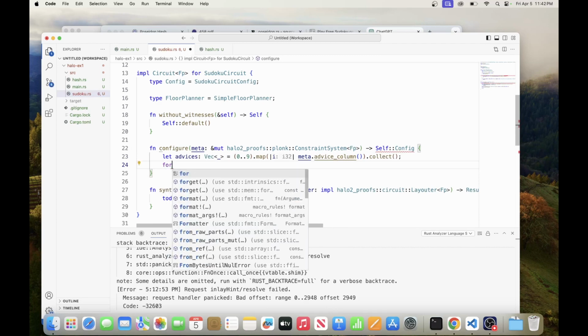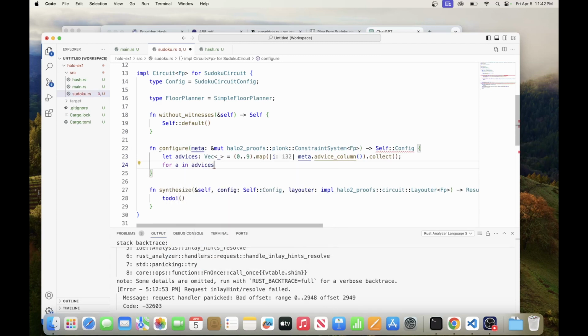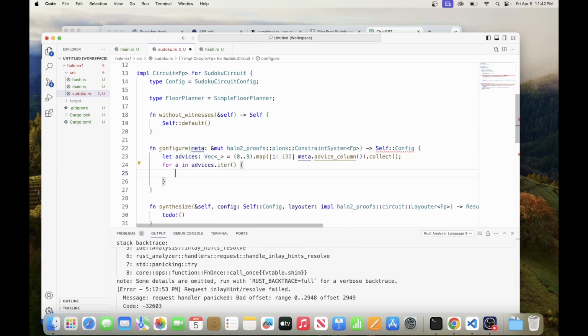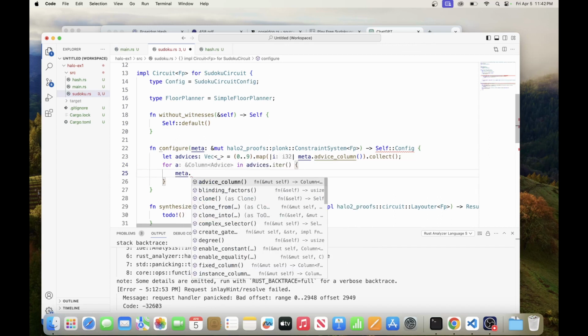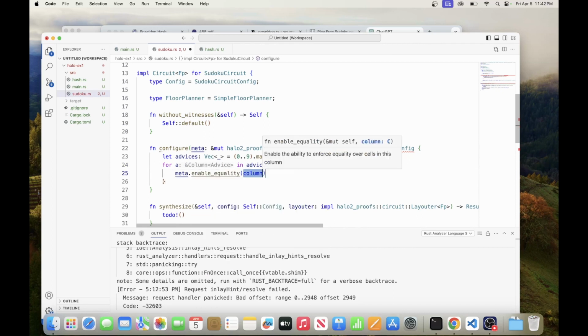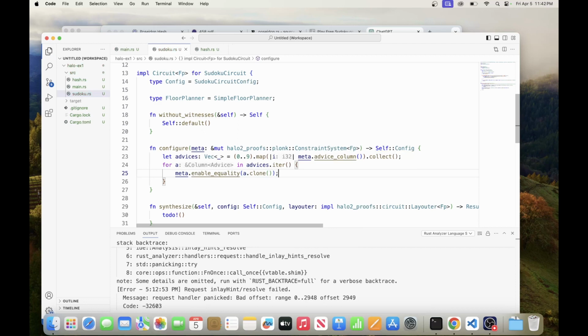Then I can enable the equality support. So that would be a clone. And for instance, I could have the same thing. I could also have 9 instance columns, but really, you want to have your grid, your operating system grid, your set of equations,